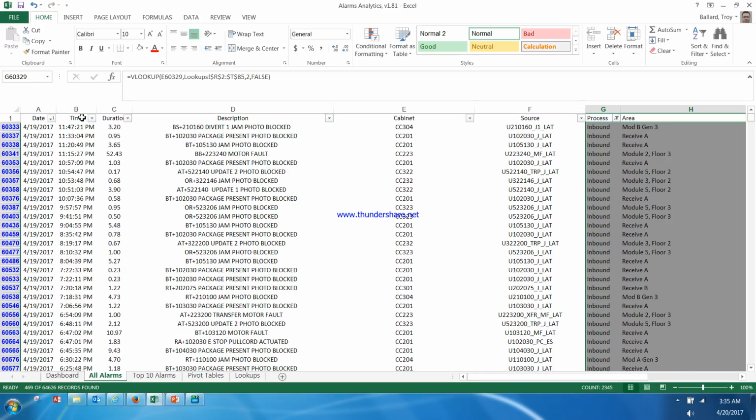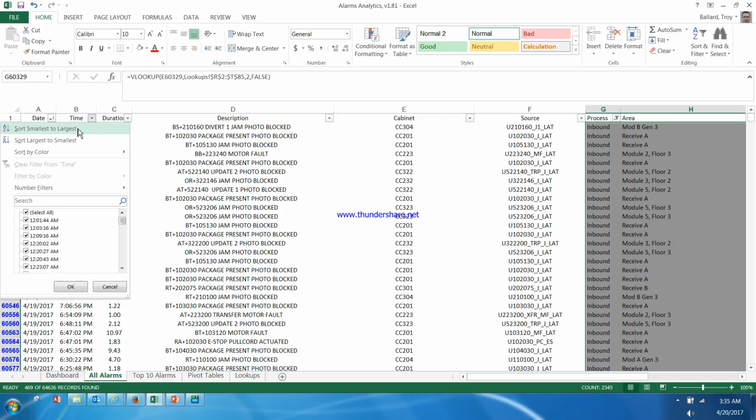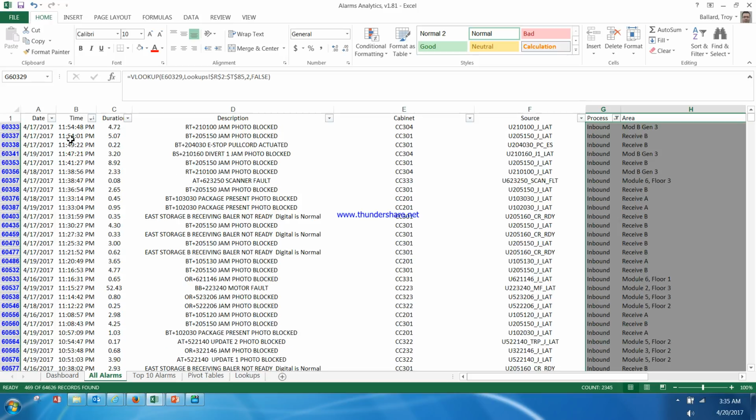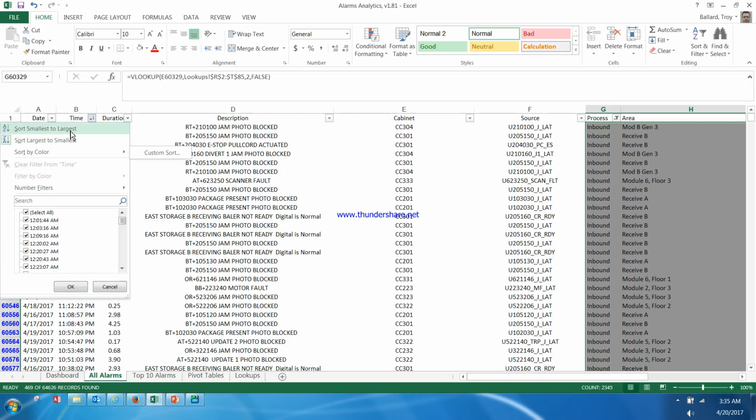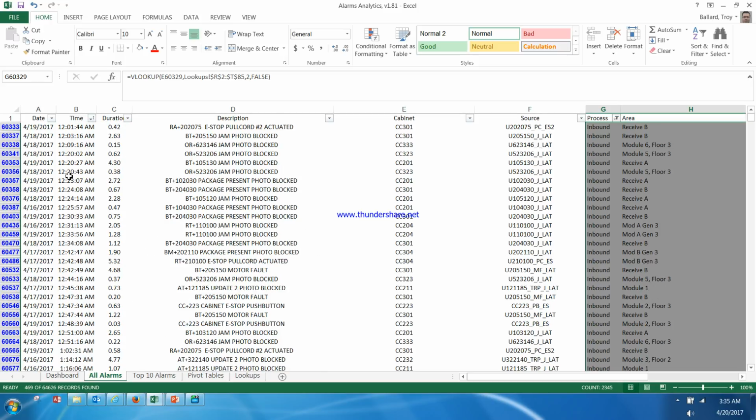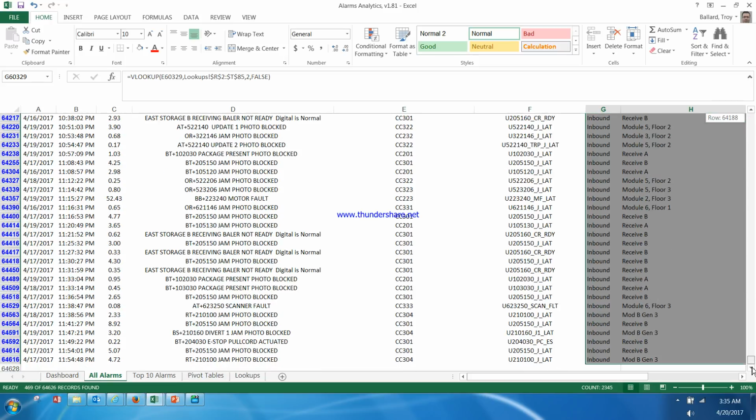Then we want to go over here to the time column and sort the data from, I believe, smallest to largest, but we'll try a couple of ways. We want midnight, 12 a.m., on top. So I was wrong, we want to go smallest to largest, and there we have it. It is now filtered here on the right hand side, and sorted from midnight. If you scroll all the way down to the bottom of the page, you can see 11:54 p.m., which is the last alarm that happened on the 17th